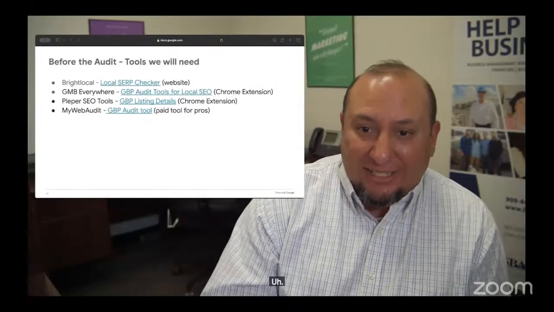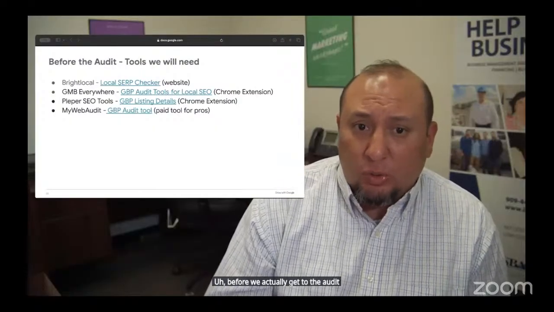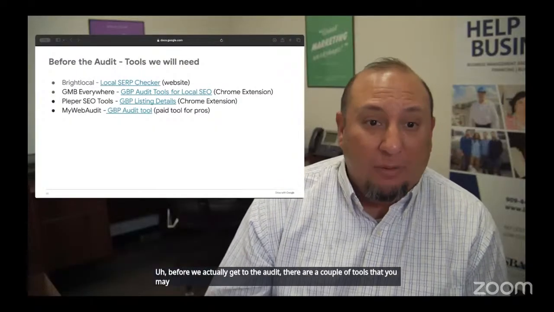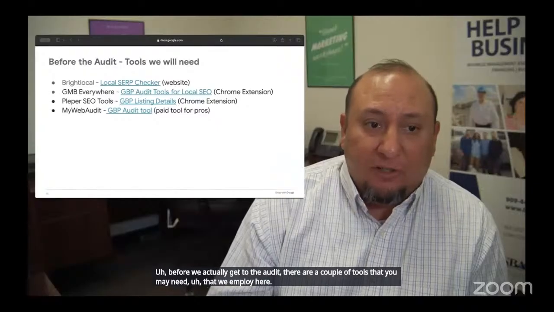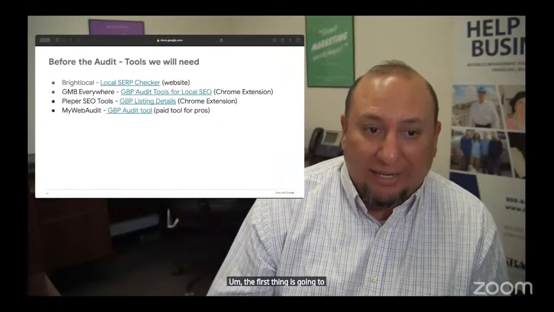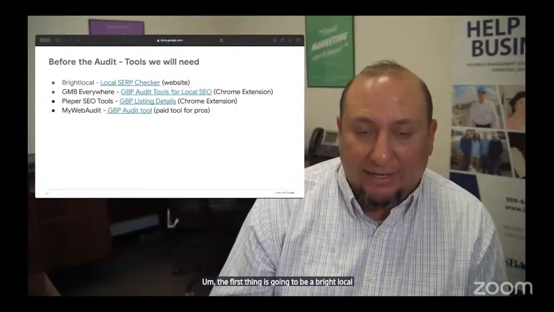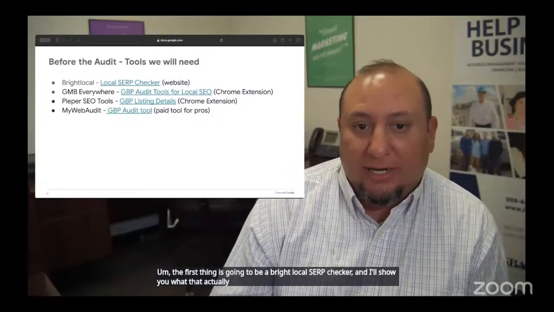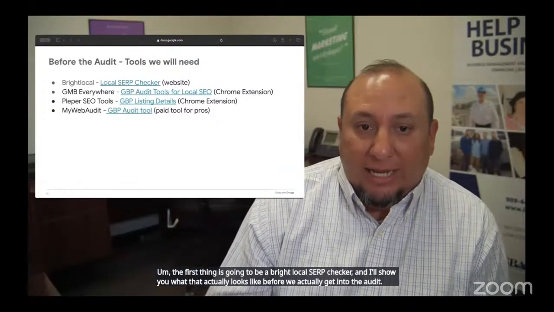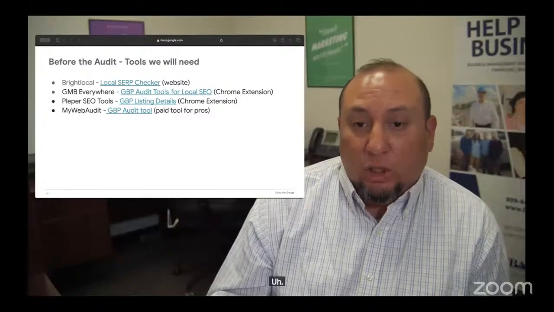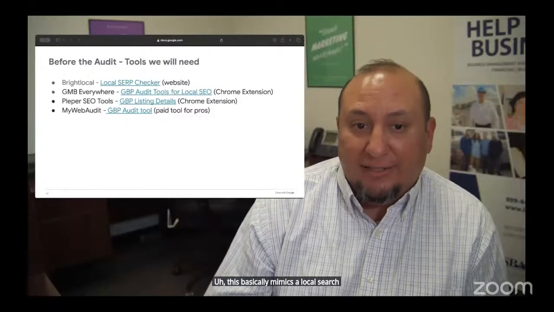Before we get to the audit, there are a couple of tools that you may need that we employ here. The first thing is going to be a BrightLocal SERP checker, and I'll show you what that looks like before we get into the audit. This basically mimics a local search so that you can get accurate rankings.